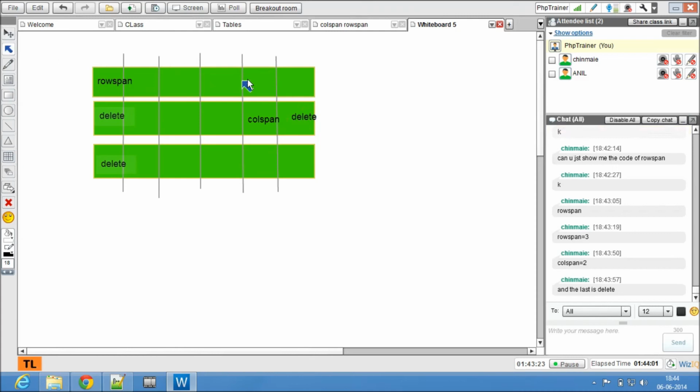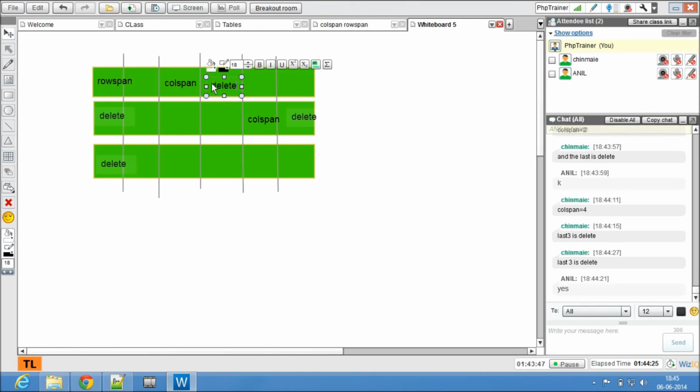If I want to merge these 4, col span equal to 4. Then what should you do next? Last, delete. Fantastic. This is how you are supposed to do col span and row span.